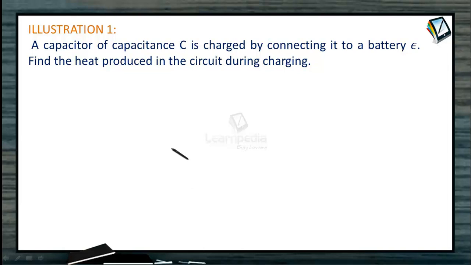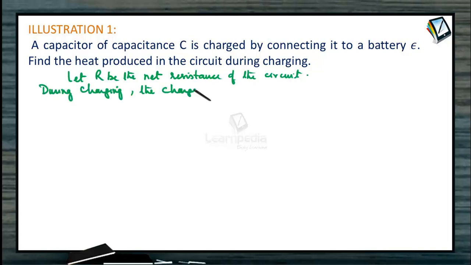Illustration 1. A capacitor of capacitance C is charged by connecting it to a battery of EMF E. Find the heat produced in the circuit during charging. Let R be the net resistance of the circuit. During charging, the charge on the capacitor varies, as we know, as Q is equal to Q naught into 1 minus